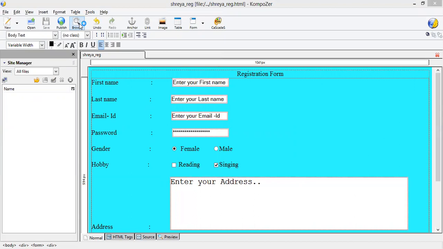Then you have to erase this and write down here your first name, last name, then your email address, then password, then your address. You have to write down your address here.